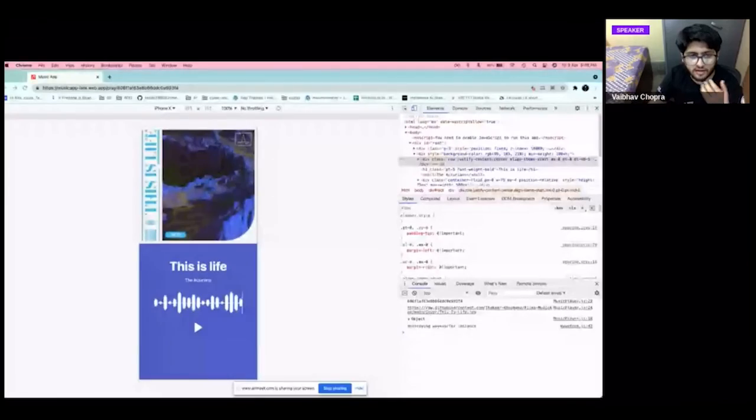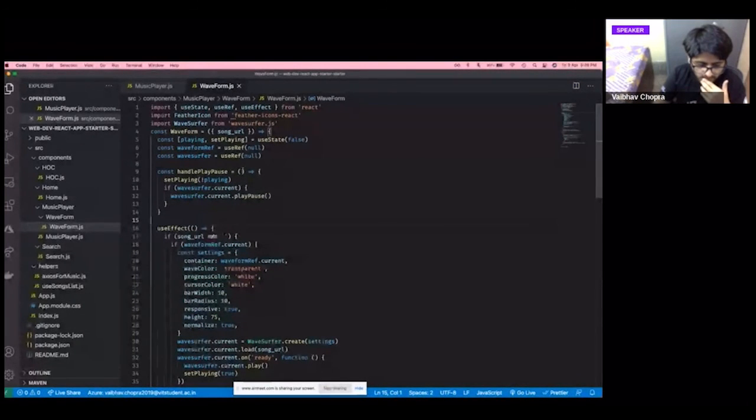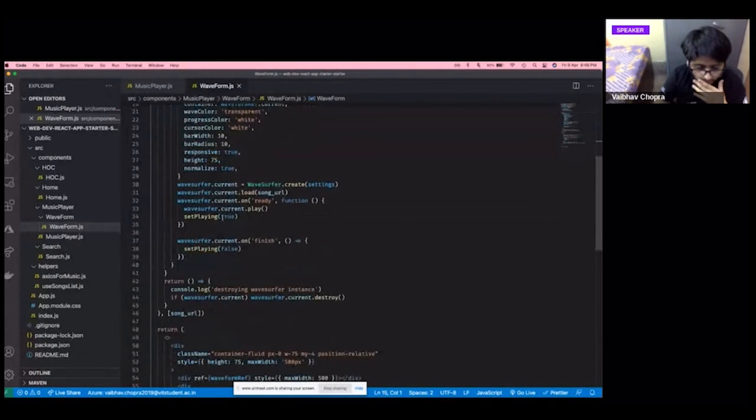So we have to use a cool React hook called useRef, which I felt was not very easy to teach to a group of beginners who are doing web dev for the first time. So I abstracted away this piece of code. I think you can all see my screen.